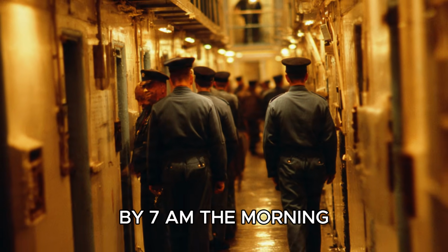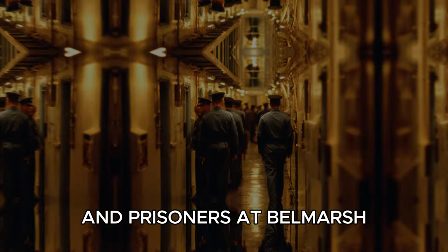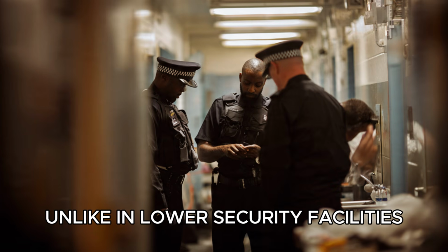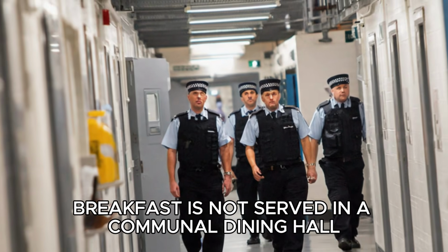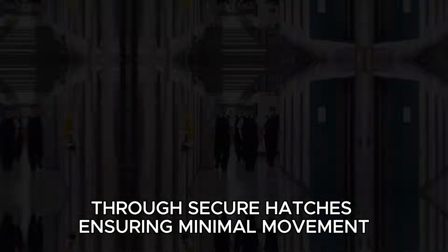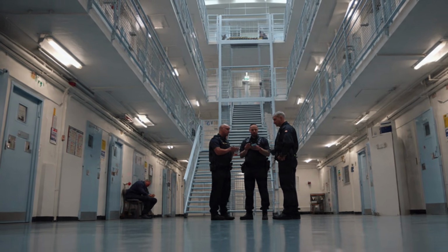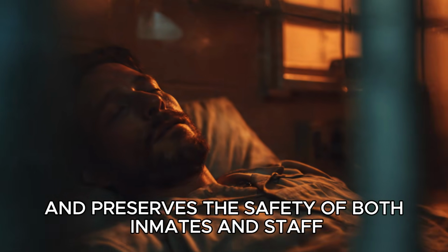By 7 a.m., the morning wake-up and roll checks have been completed, and prisoners at Belmarsh transition to the first meal of the day, breakfast. Unlike in lower security facilities, breakfast is not served in a communal dining hall. Instead, meals are delivered directly to the cells through secure hatches, ensuring minimal movement and maintaining maximum control. This method reduces the potential for conflicts and preserves the safety of both